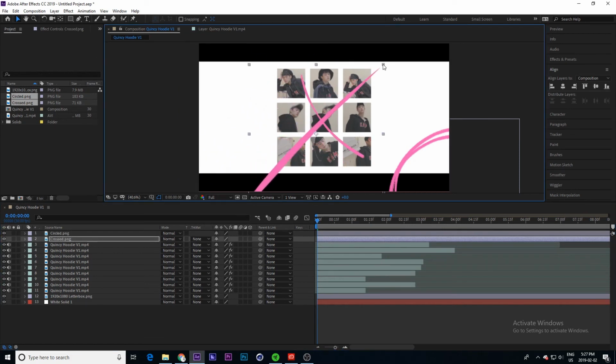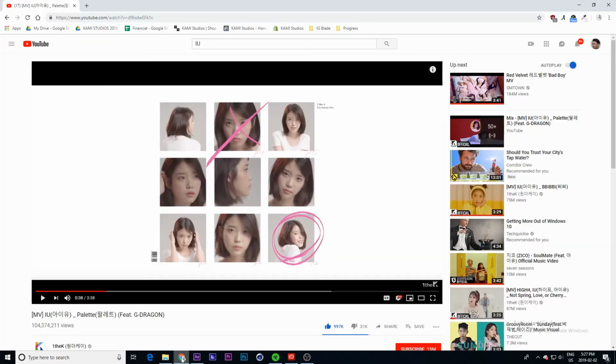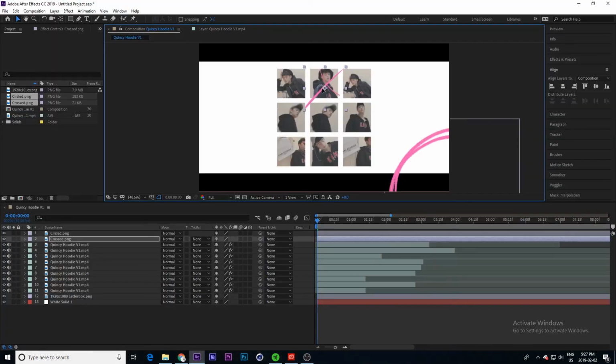Alright, you have to hold the corner and hold shift so it locks its aspect ratio, and we'll try and get it to the same size as you can see it in the video. So we can see at the bottom that the bottom left tip of the X hits the top left of this clip on the middle row of the left. Alright, so we got